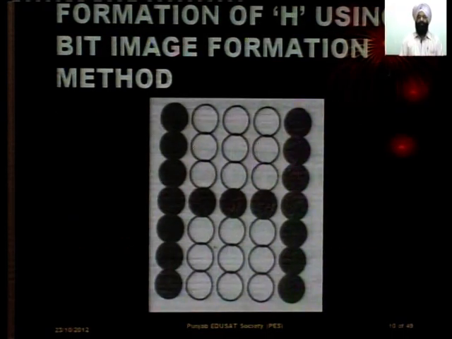Here is how the alphabet H, the capital H, is formed using the bit image formation method. Here there is a matrix of 7 into 5 dots. The H can be made by